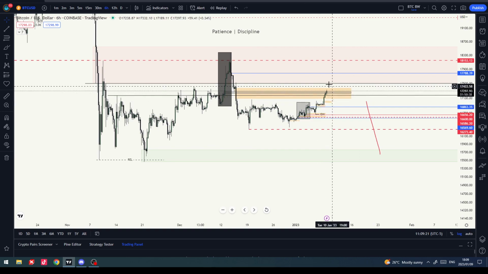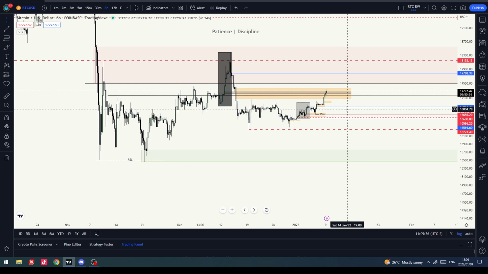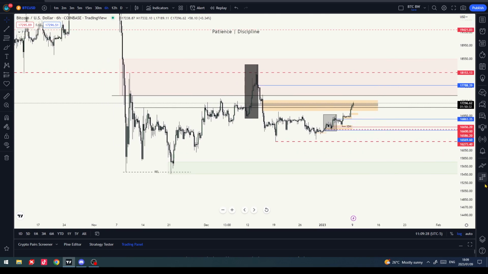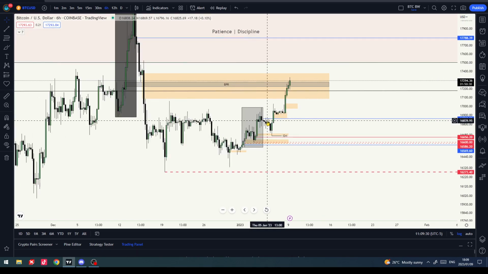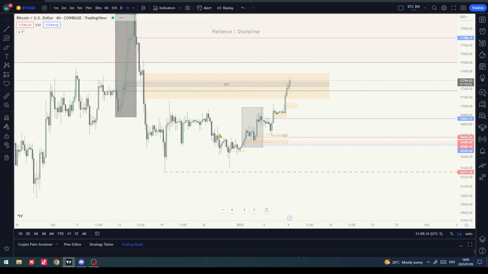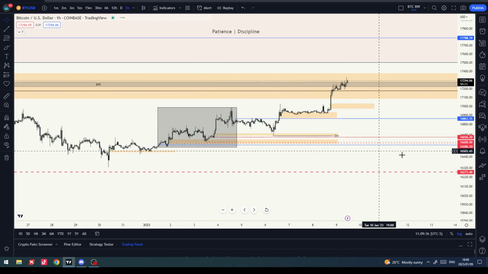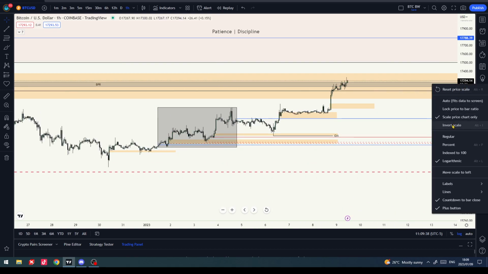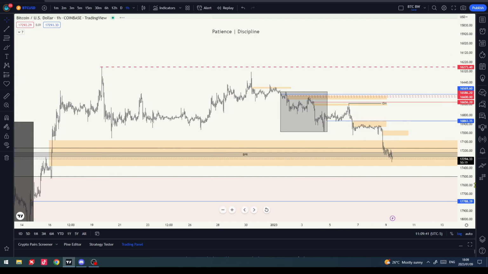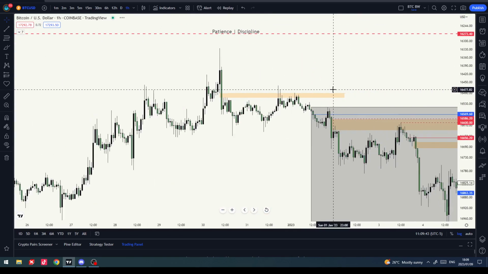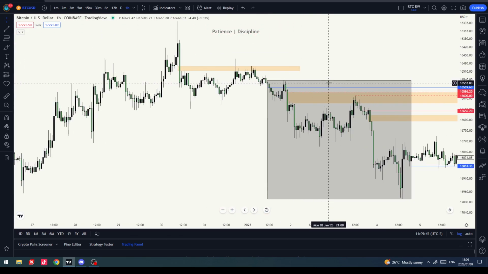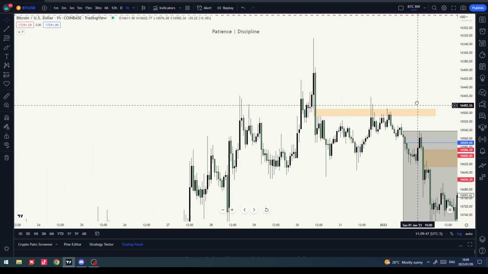So once we get some decent displacement here, we won't look at trying to find a top. We'll look at basically, if I can show it to you, something like this. Just give me a second. So I'm going to invert the chart so it looks as if we're looking for sells, right? Yeah. So picture this being the top of BTC here.